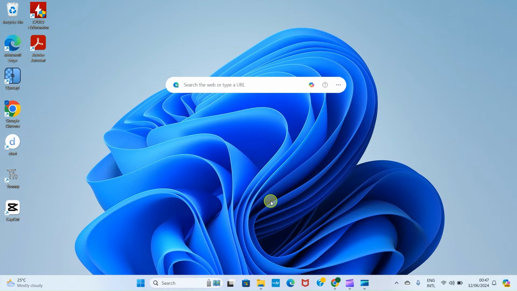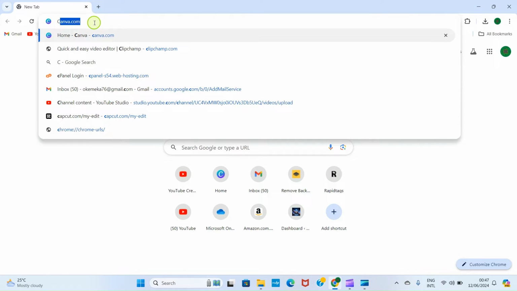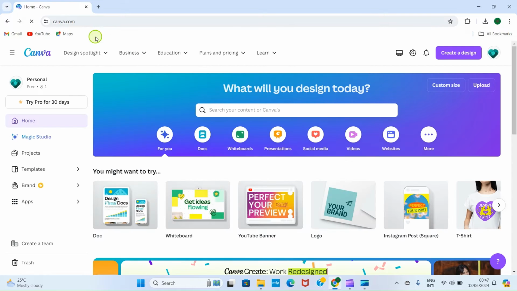The first step is to open your web browser and then visit canva.com. I'm going to visit canva.com here. I'm logged in automatically because I have my login details saved here. In your own case, if you're not logged in automatically, just log in with your Canva account details. Or if this is the first time you're using Canva, please sign up, okay? Then come down to this section and click